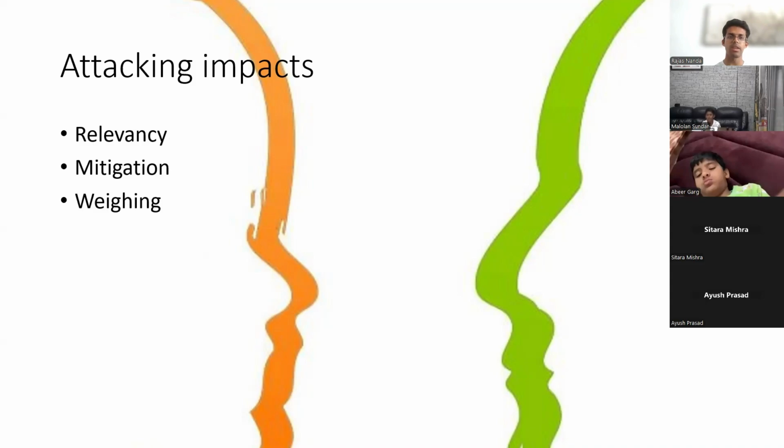Okay, finally, for attacking impacts, there are three very important things here, and they're all different. So you do need to focus. And so the first bit is relevancy. So let's say you're maybe working from home or something, but turns out that only IT or technology workers are effectively working from home, and that factory workers still need to go in for their job. That's not exactly what the motion was yesterday, but on a similar topic,